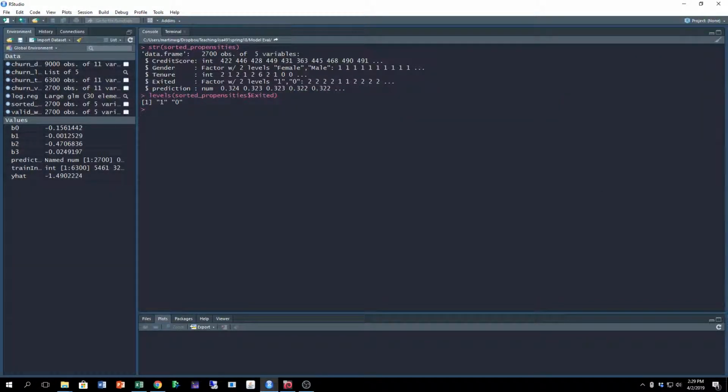So now that we have the exited flag to have the right base, we can use the lift function coming from the caret package to get the lifts, which is what we are interested in. We're going to call it churn lift, and we're going to use the lift function for that. And the lift function needs two things: a y variable, the response. We're not going to use the $ sign because we're going to use the data is equal to